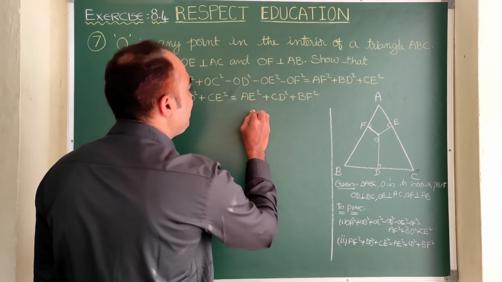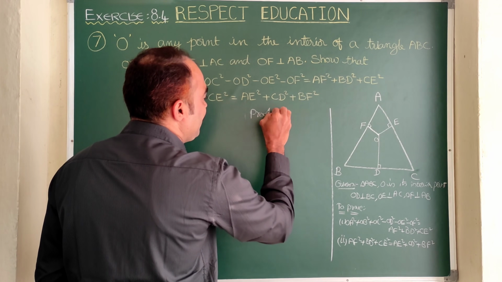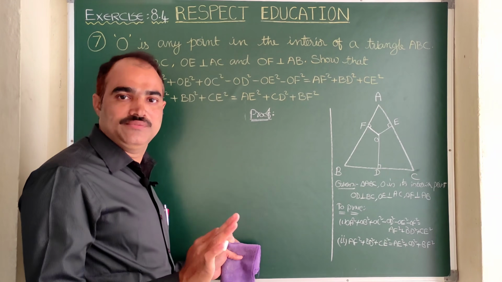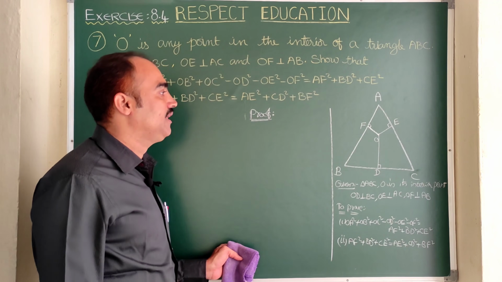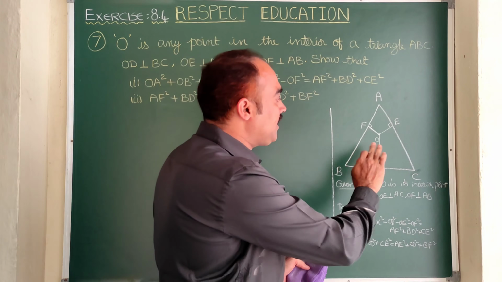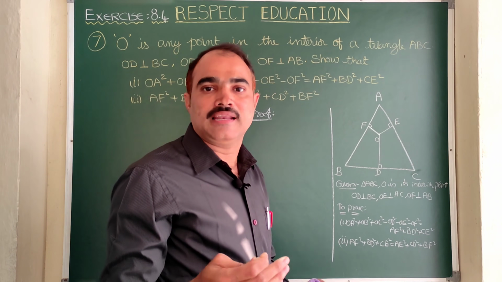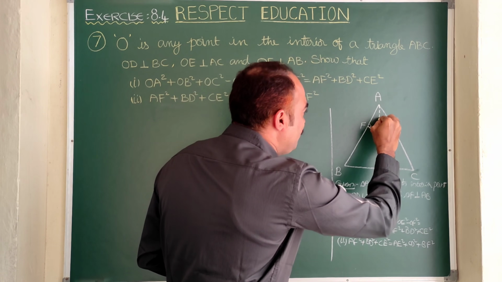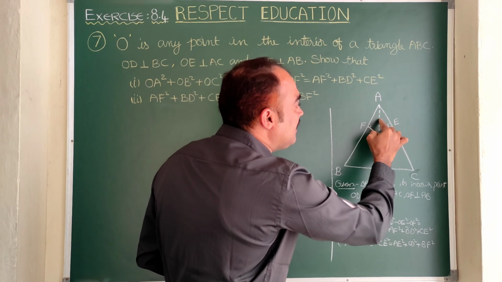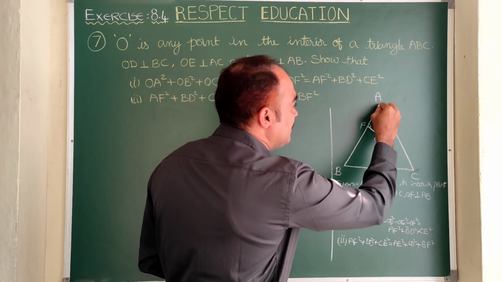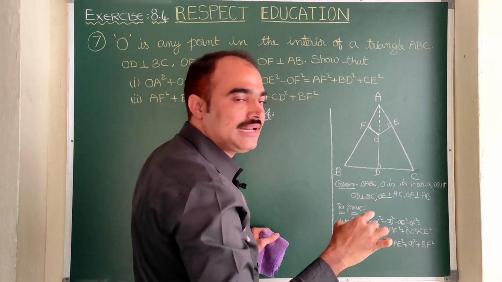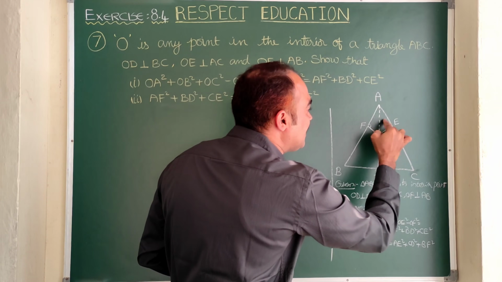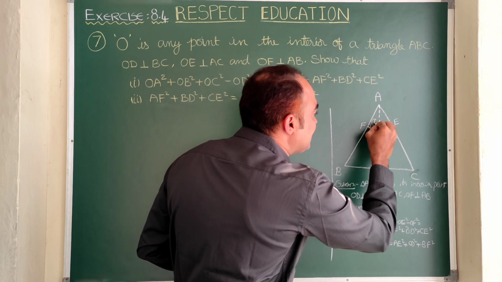So we are going to start the proof. Here, on looking, this problem will be somehow clumsy and difficult, but this is an absolutely easy problem. The simple way is that here you can take as many right angle triangles as you can. For example, here if we join OA, you see two right angle triangles are there to be seen. See here, triangle AEO is one right angle triangle. Similarly, triangle AFO is also another right angle triangle. So here two right angle triangles are there. So let us give numbering to this as 1.